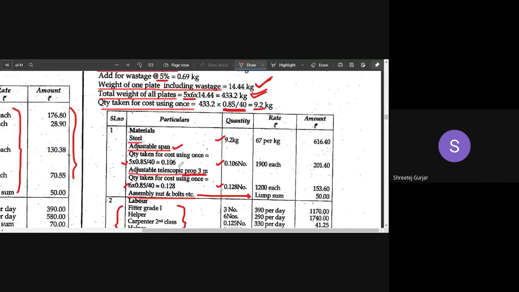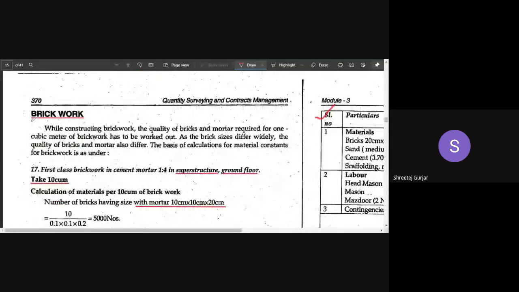Next numerical, here you can see now we have arrived at brickwork. Brickwork is very easy. Brickwork calculation is very easy. There is no tricky thing here. Only calculator work is required. Okay, if you have a calculator, quickly calculate and let me know. We will finish up with brickwork. Very easy. No problem.